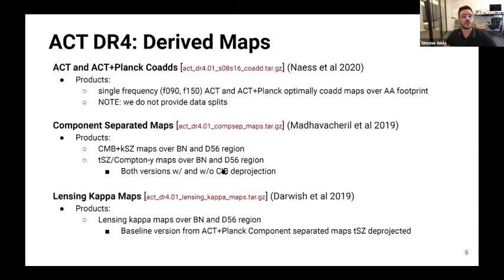We can also reconstruct lensing. And so we have two lensing maps, again, over the D56 region and the Boss region that give you the lensing kappa field over the sky. And the baseline version of these maps was reconstructed by using ACT and Planck component separated maps with tSZ projected. So those are the map-based